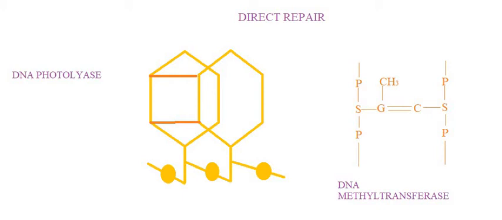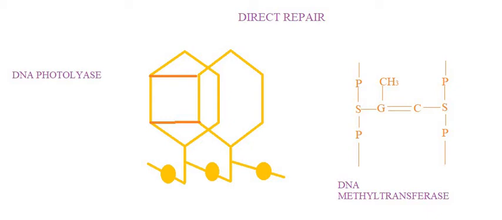Now we will discuss the direct repair system for DNA repair mechanisms. Direct repair systems act directly on damaged nucleotides, converting each one back to its original structure. This means there is a single step which will revert it back. But only a few types of damaged nucleotide can be repaired directly.